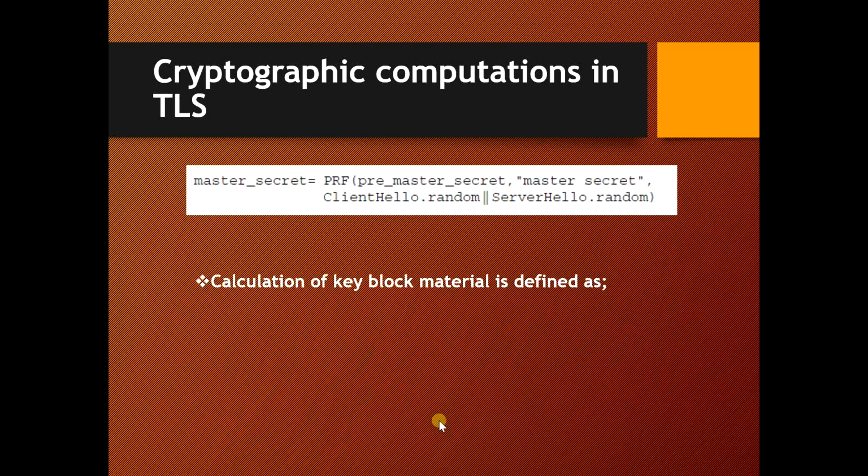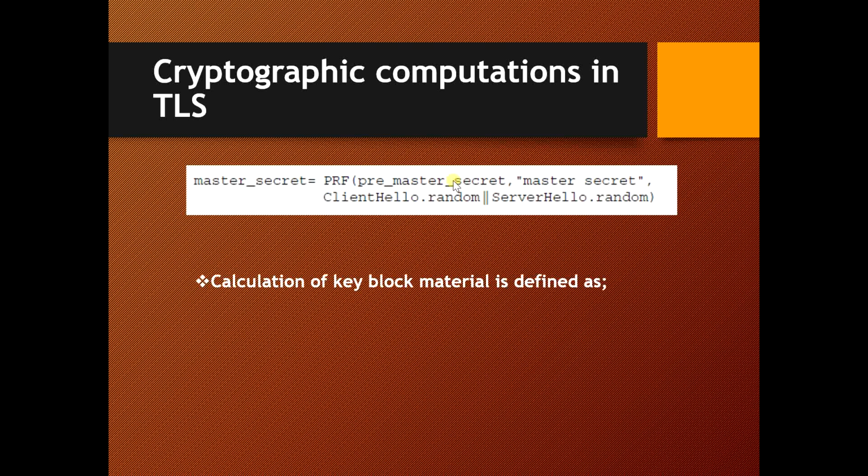Now coming to the cryptographic computations in TLS. Here the pre-master secret is calculated in the same way as in SSL, and TLS mainly uses the PRF, the pseudo random function, to create the master secret from the pre-master secret.